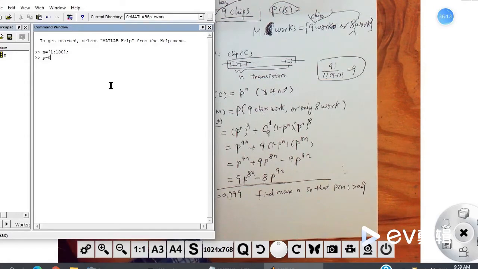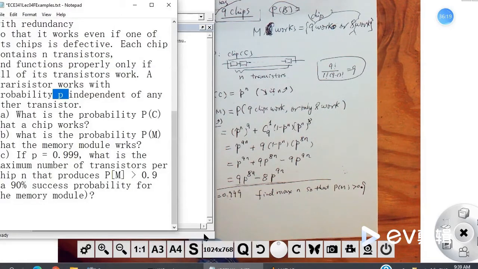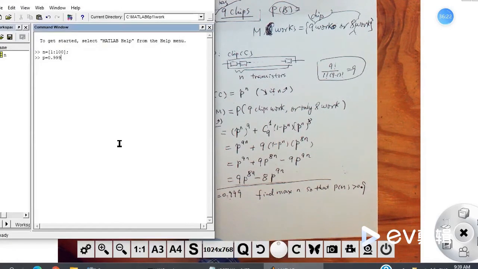P is 0.999, right? After 0, I have three nines. Then I calculate the probability of m equal to 9 times p to the